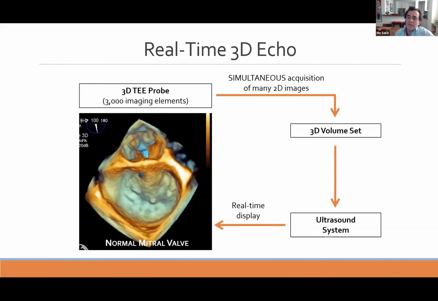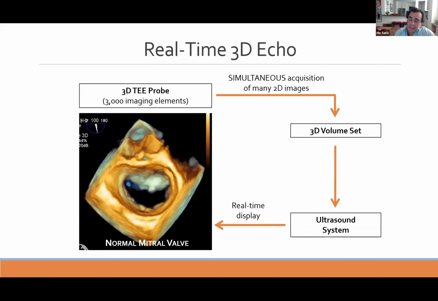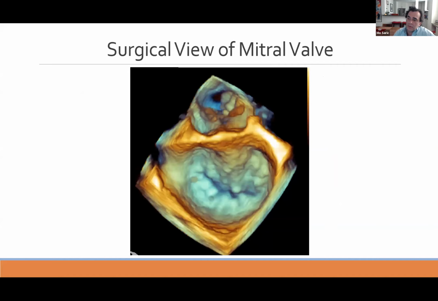And this is a normal mitral valve. And even at that early stage, we had to decide how to display the mitral valve. And we decided all over as a community to display the valve in the so-called surgical view. The aortic valve is on the top, left atrial appendage on the left, and interatrial septum on the right. And these are the posterior leaflet segments, P1, P2, P3, and I also labeled one of the anterior leaflet segments,